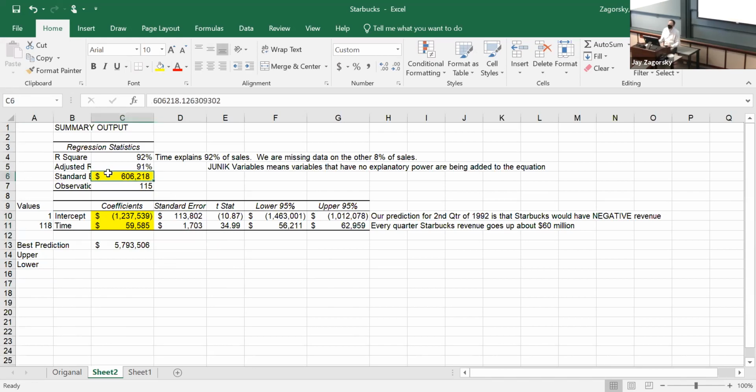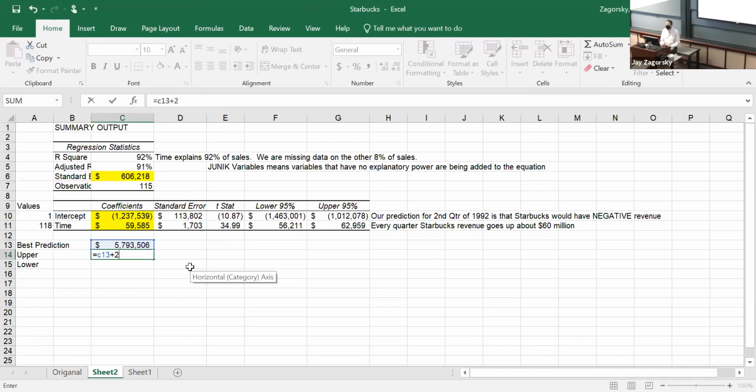We use the standard error of the regression, the overall. So upper equals our best guess, C13, plus 2 times the standard error of the regression, C6. And our lower is equal to our best guess, C13, minus 2 times C6.